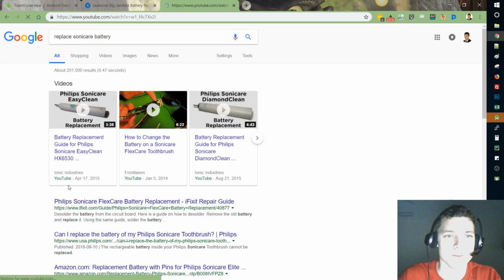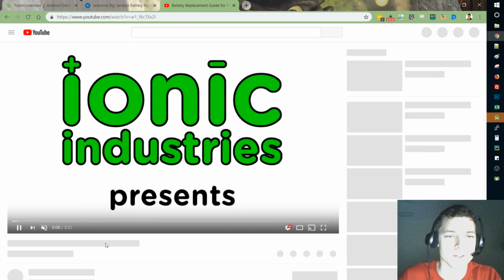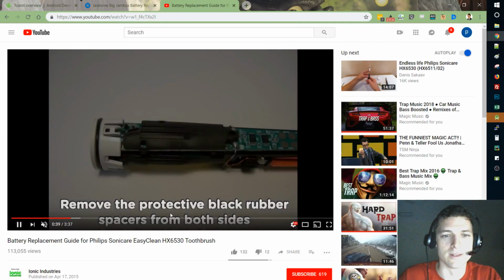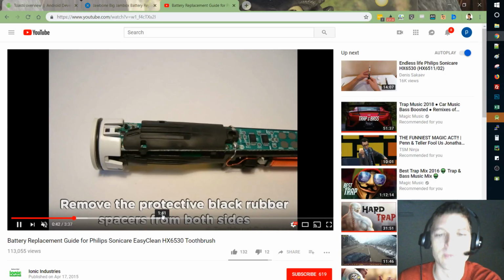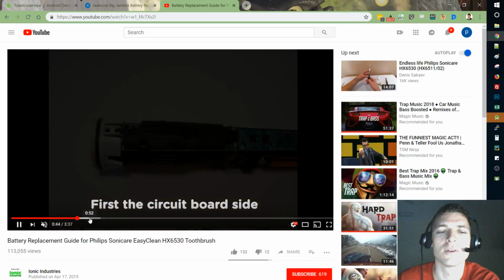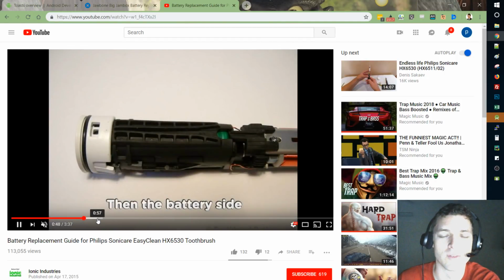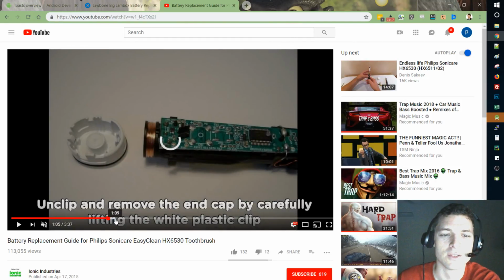So here, this replaced Sonicare battery. I took this bad boy apart. This is an old Sonicare toothbrush that I had, probably 2 years ago. It broke and I just didn't fix it, and I was like, I'm ordering batteries, might as well order this. I've always wanted to try to fix this, and took it apart,